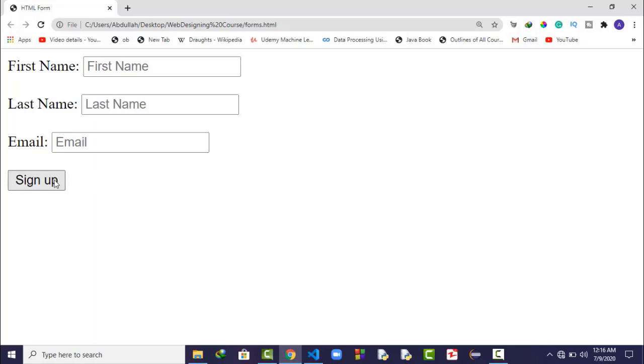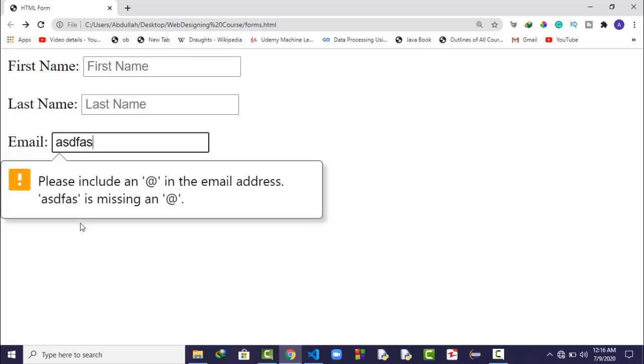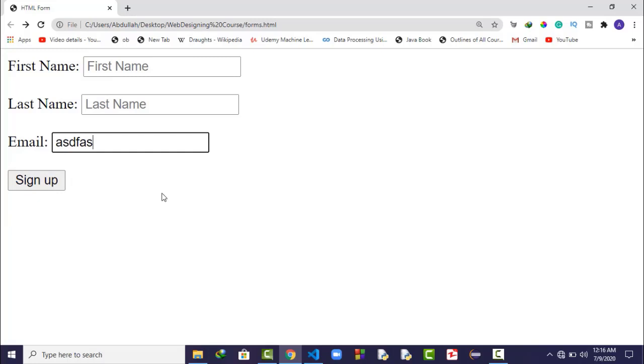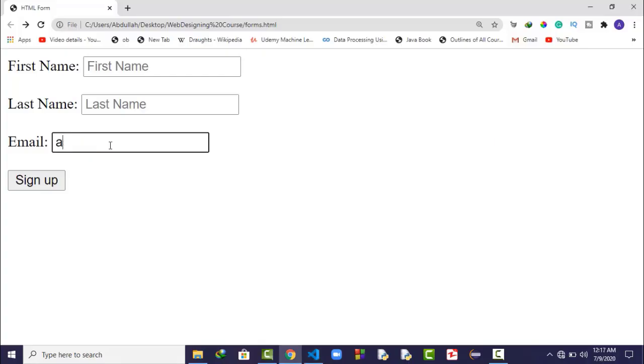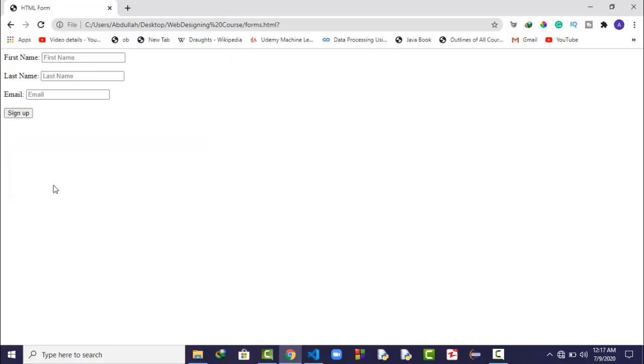Okay, now I told you that it must contain an email address. So if I add a text right there and click on sign up, you can see it is prompting us: please include an @ in the email. Okay, but if I remove this email type and make it text, and add any text and click on sign up, it will not prompt anything because now it's just a simple text.